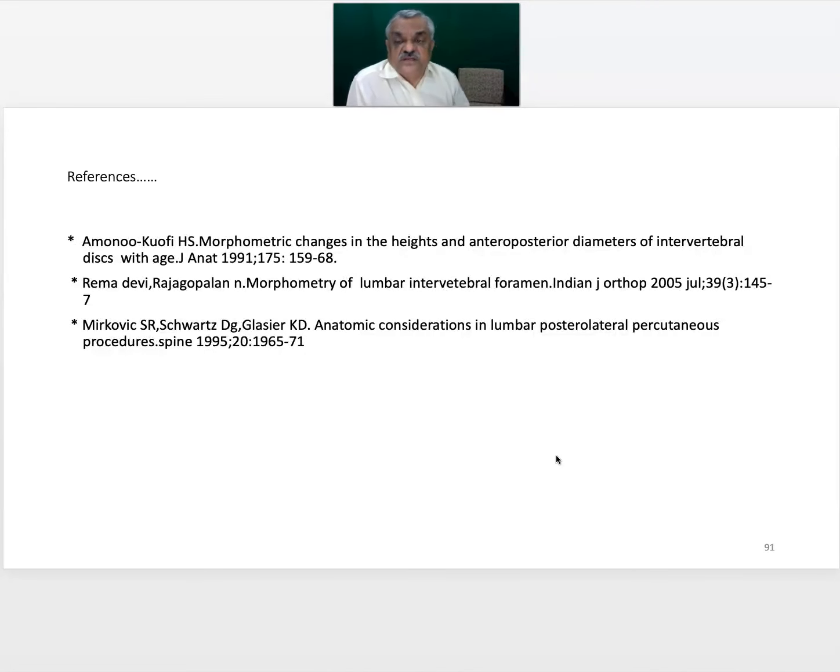There are a few more studies from Amonu, and the two studies which have already been mentioned, that is one from Rajgopalan and one from Schwartz or Markovic. And this first study talks about morphometric changes in the heights and AP diameters of the canal with aging changes. Now,